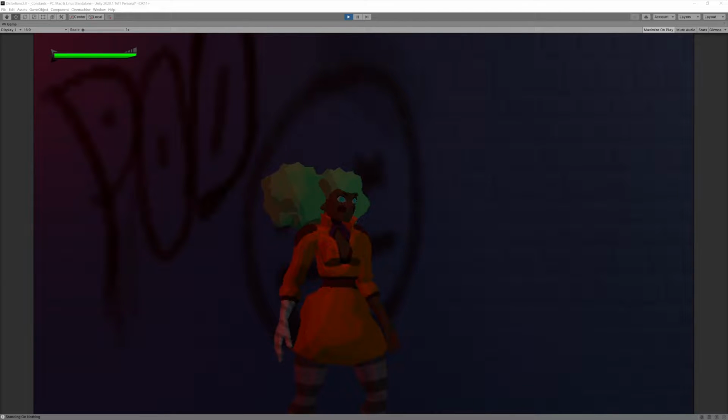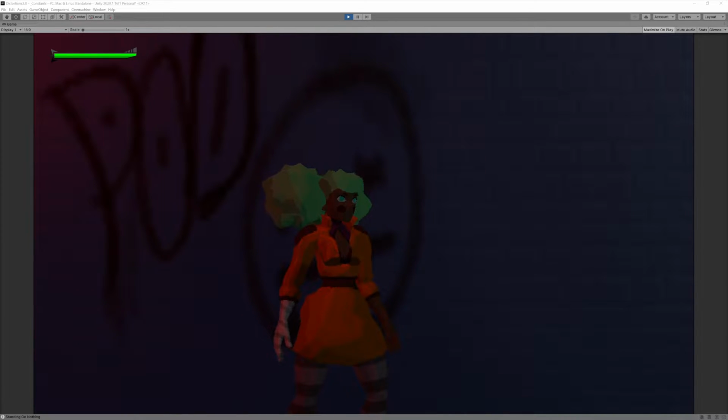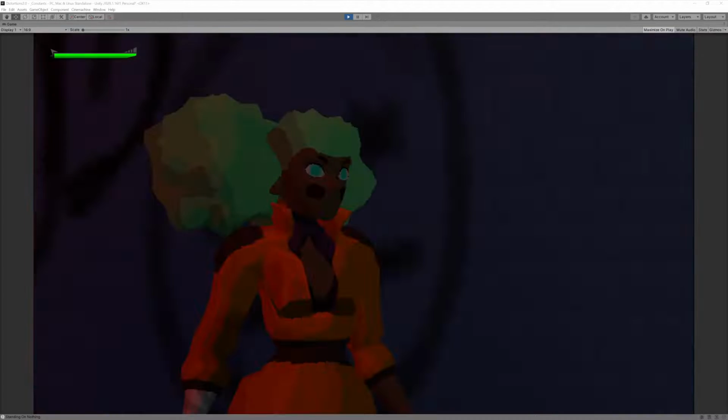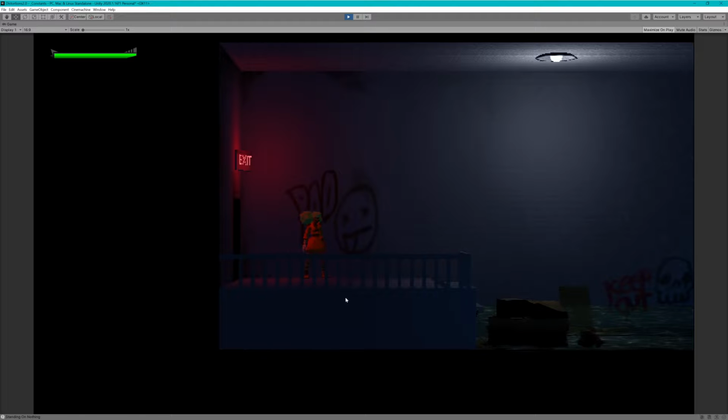Alright, so I'm going to be showing off the new method I'm using for pixelating my game. Before, I was using the Pixel Perfect camera, and if I had the camera normal, everything looked fine. It had the pixelated look, I could have it with the backgrounds. The problem is the way that the pixelated camera works is it's based on obviously the render and not the